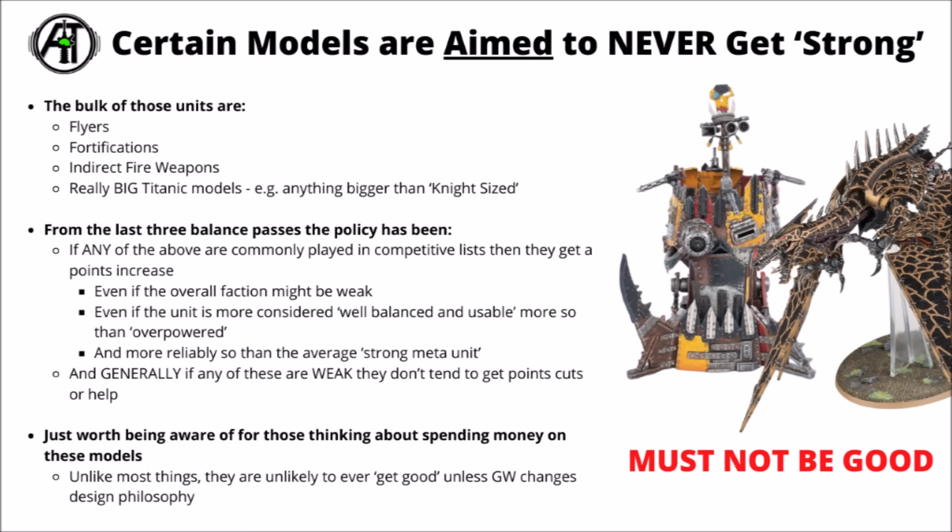So far in 10th edition we've had 3 balance passes, and their policy has generally been that if any of the above are commonly played in competitive lists, they get a points increase. I think it certainly goes above and beyond just trying to rein in the top factions with the strongest armies, as they still seem to get points increases even if the overall faction might be weak, and even if the unit in question is more considered to be well balanced and usable more so than actually overpowered,